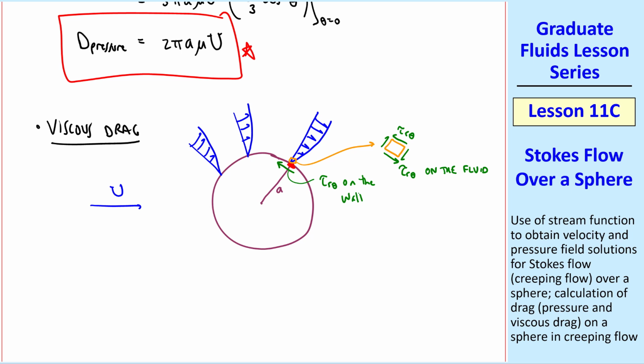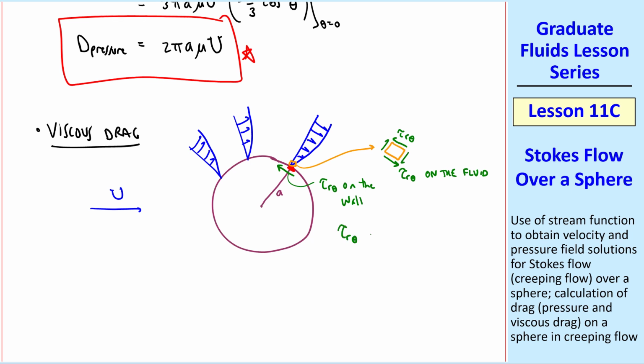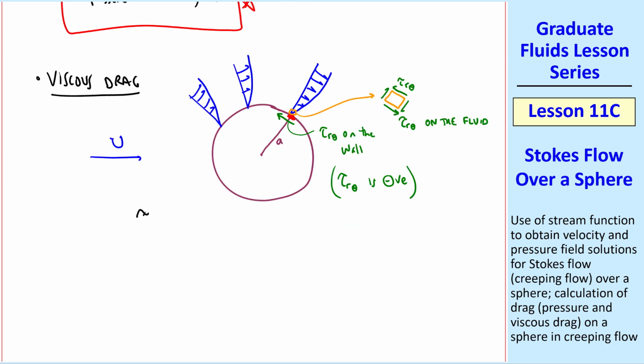Remember that from our convention earlier, tau r theta is the stress on the face perpendicular to the r direction, acting in the positive theta direction. I note that tau r theta is negative here, which means the actual shear stress on the wall is acting in the positive x direction, giving us a viscous drag. We look up tau r theta in spherical coordinates. We get 2 mu r over 2 del r of u theta over r plus 1 over 2r del u